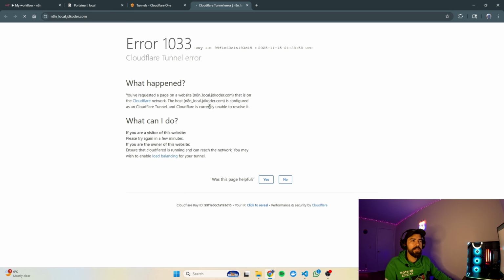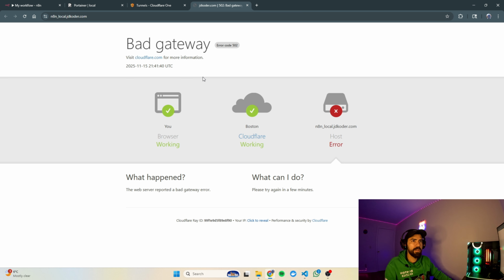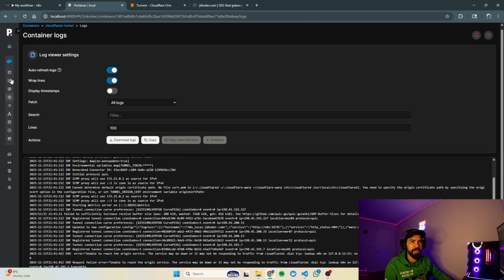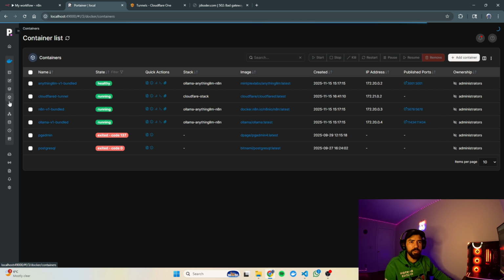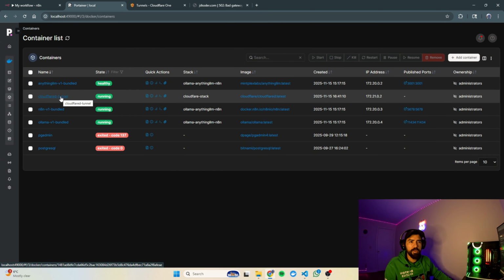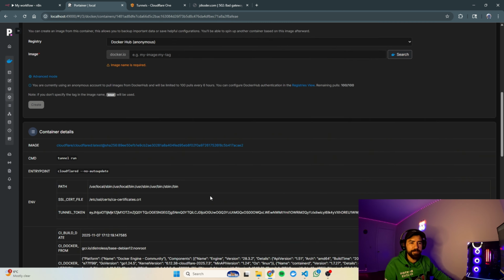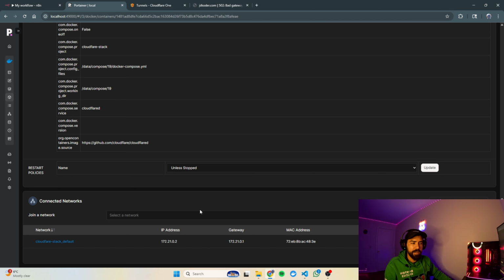And as you can see, it doesn't work. So you might be asking why it doesn't work, and the answer is very simple. It will take a while. The answer is very simple. So let's go back here, go to your container, go to the Cloudflare container, and here you really need to